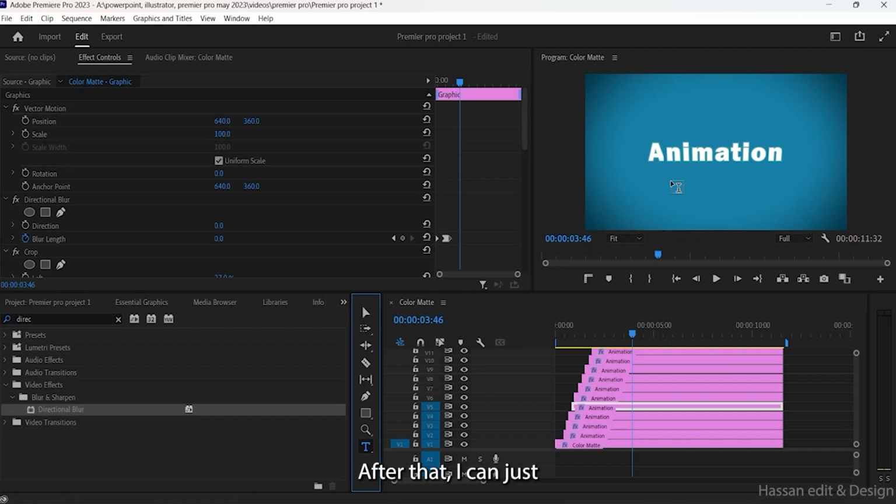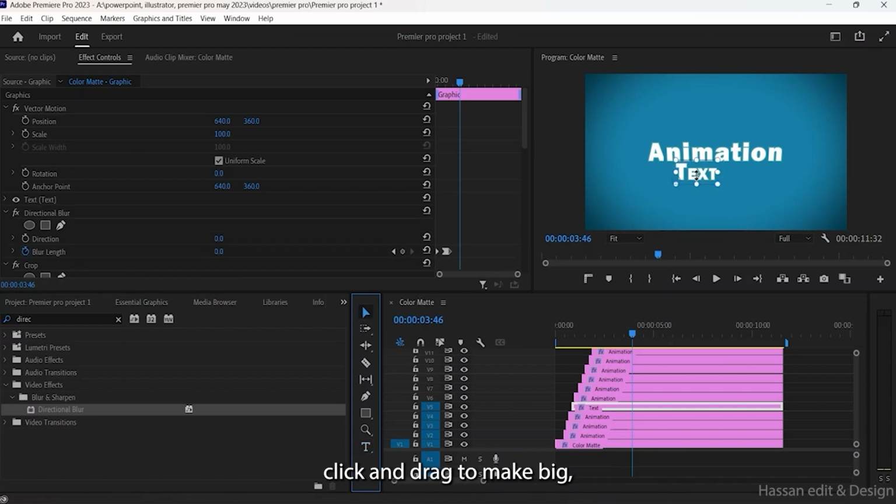Okay, after that I can just go over here, use the selection tool, click and drag it to make it big, then place it anywhere inside my